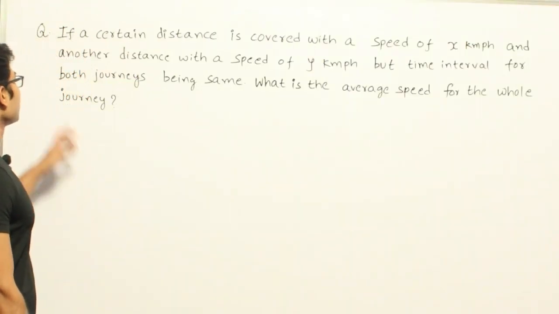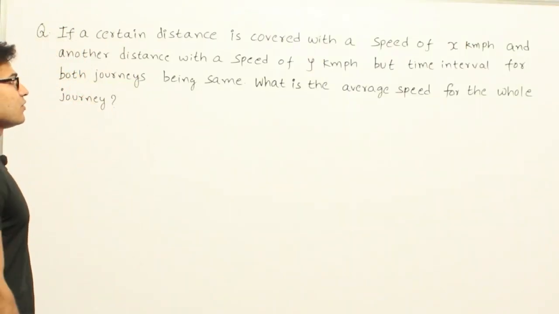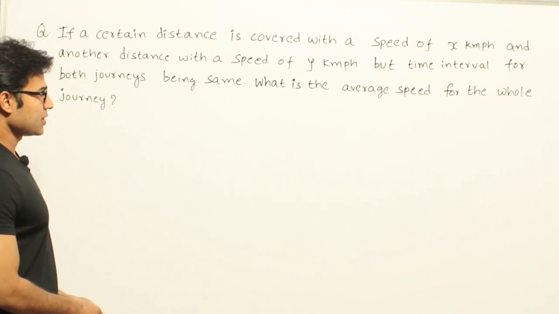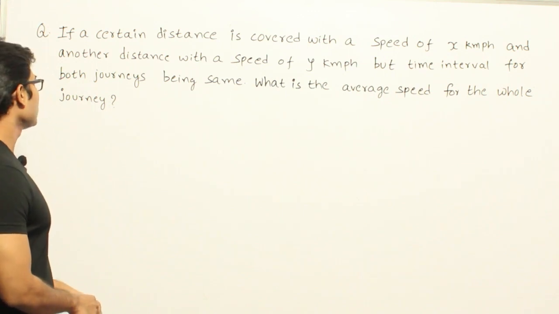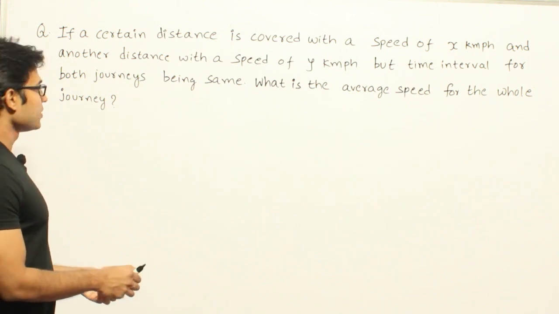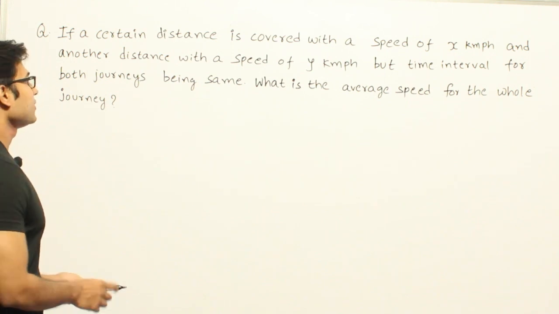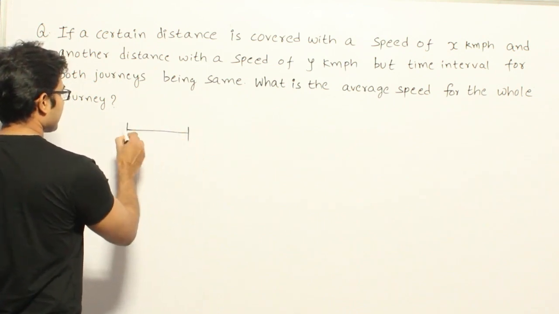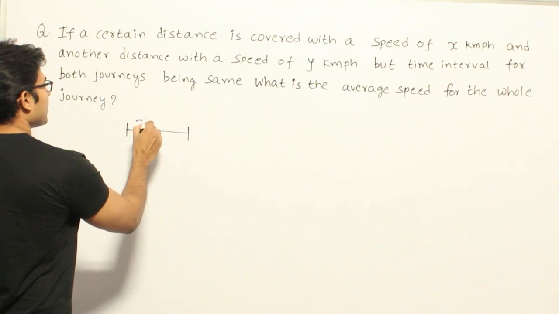Now let's see this question. If a certain distance is covered with a speed of x kilometers per hour and another distance with a speed of y kilometers per hour, but the time interval for both the journeys is the same, then what is the average speed for the whole journey? So they are saying that if you are going to cover some distance with x kilometers per hour